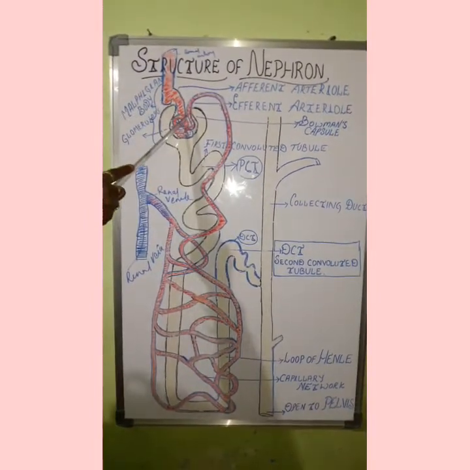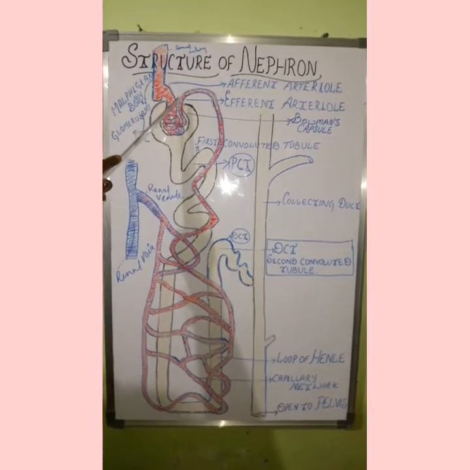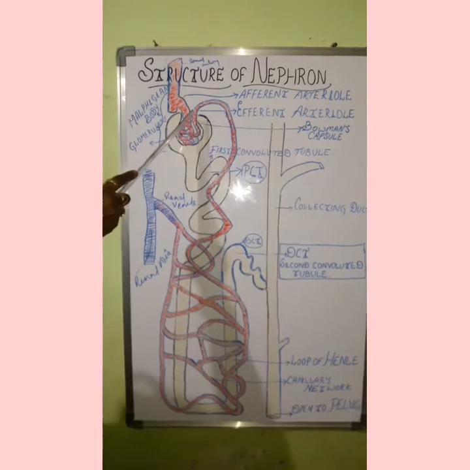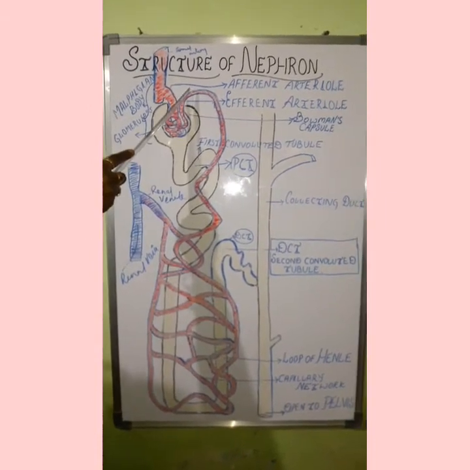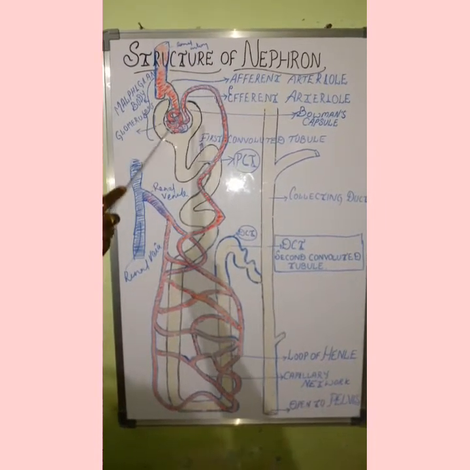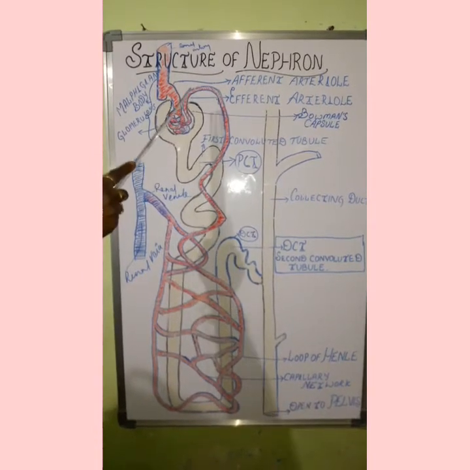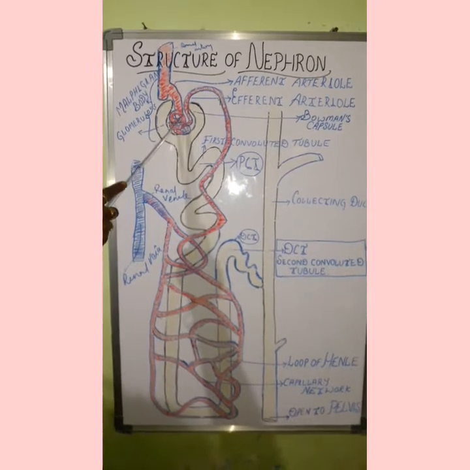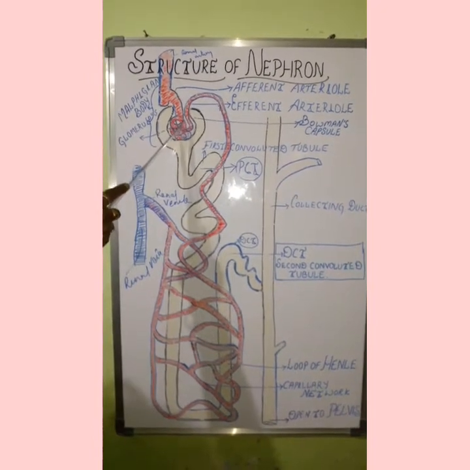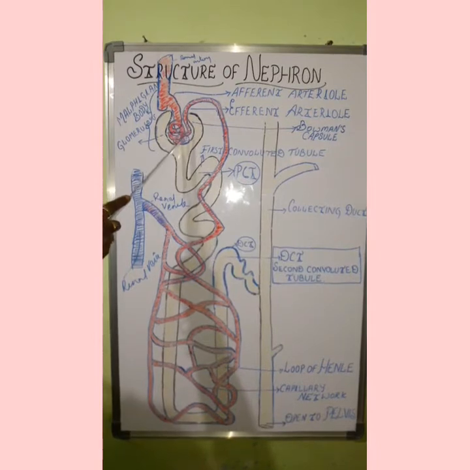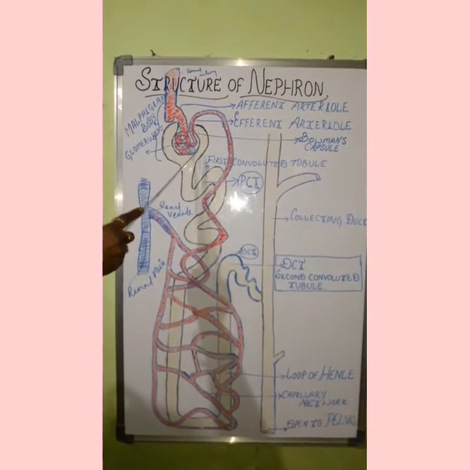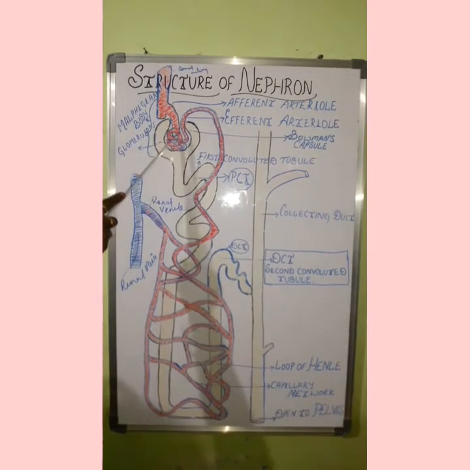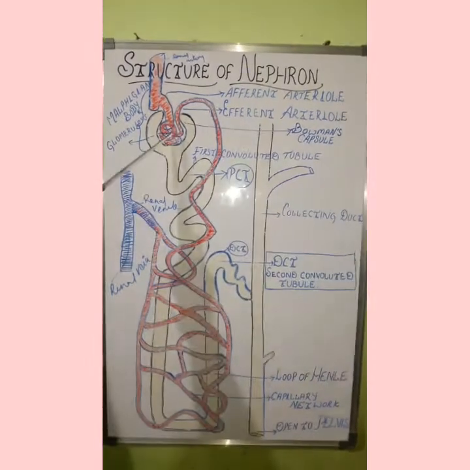Glomerular filtration: blood flows into the glomerulus under the influence of pressure due to the narrowness of the efferent arteriole. As a result, it undergoes pressure filtration or ultrafiltration. In this ultrafiltration, waste molecules, nutrient molecules and water are filtered out and enter the Bowman's capsule.